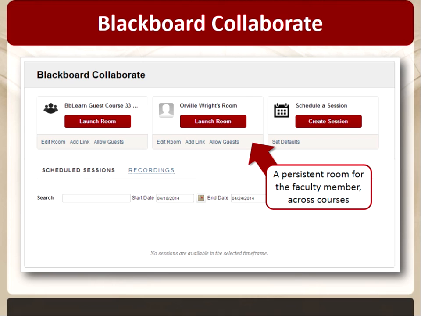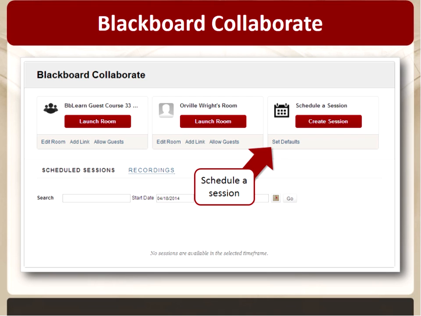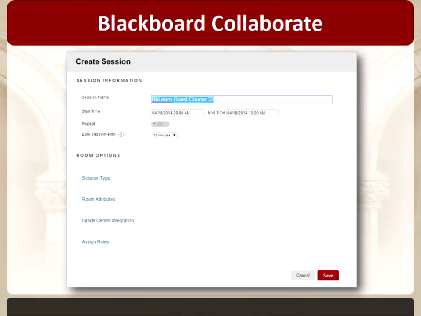And then lastly, as always, you are able to schedule a session specifically. So if you have weekly meetings and you want those scheduled so that they appear on the calendar, you can use the schedule session to do so. There is a new feature now where you can set your own defaults. So if you wanted to change the default settings for your sessions that you schedule, you can do that and not change those settings each time. When you schedule a session now,